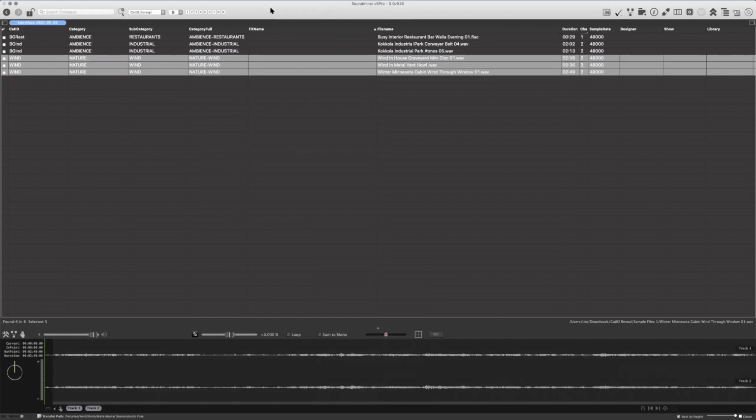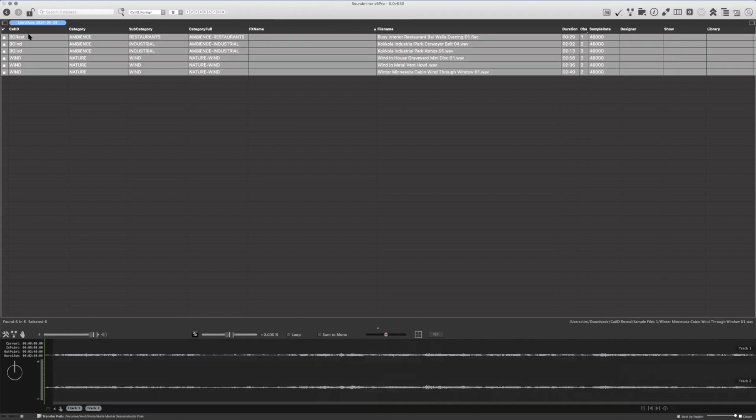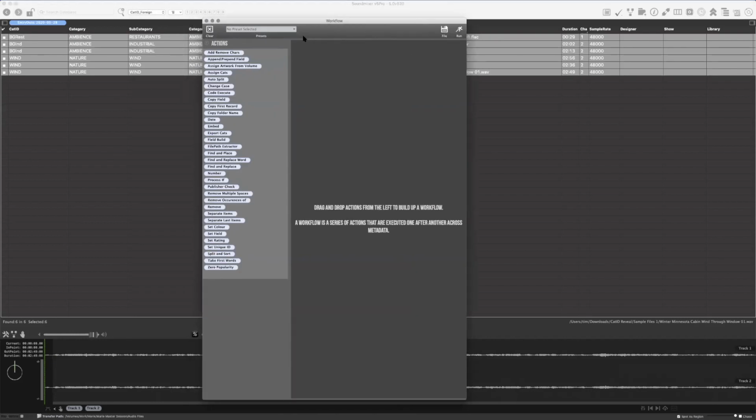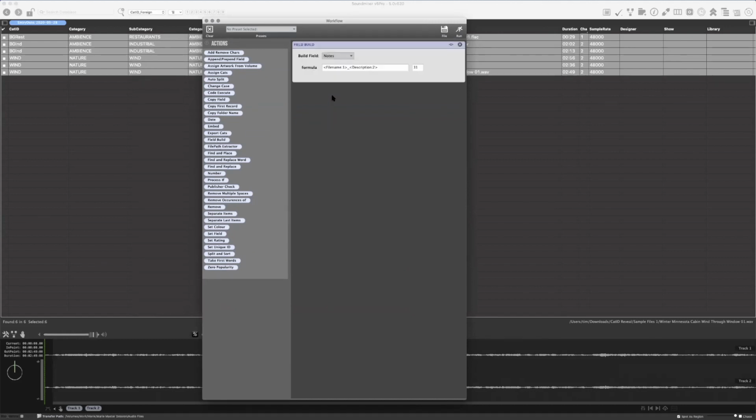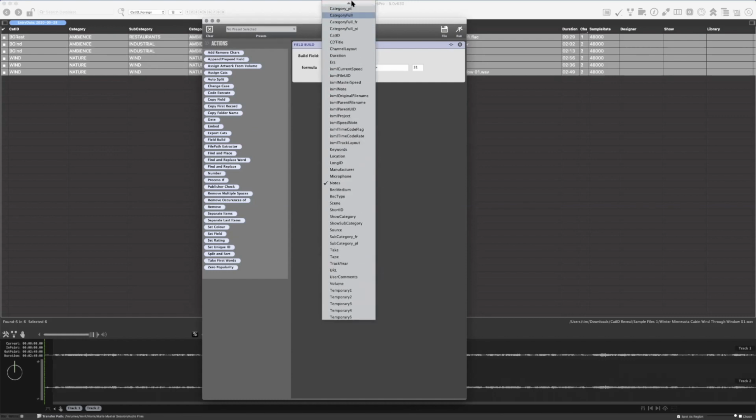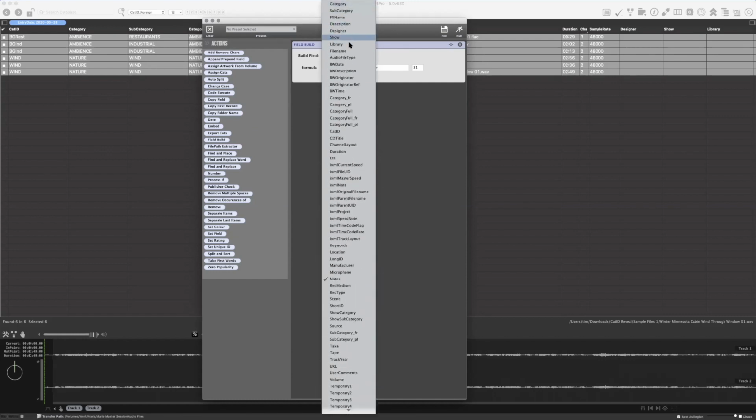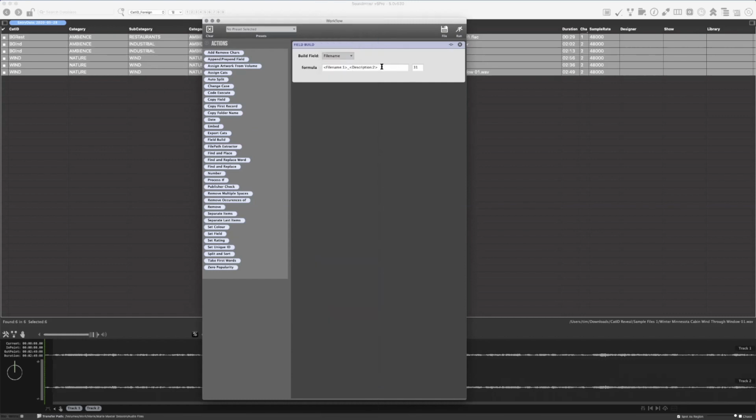I'll talk about how I name files in a second, but a lot of people, if they haven't done this, well, we mentioned the goal is to have this cat ID at the beginning of the file name. One thing you could do fairly easily is to use a workflow. I built a really simple one, which is not here because I reset the thing. If you build a field, basically file name with an underscore in front of it,